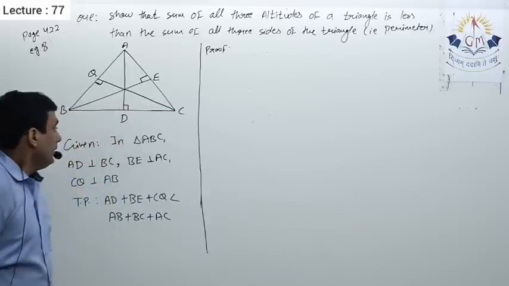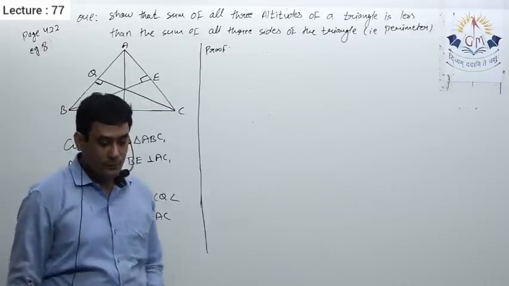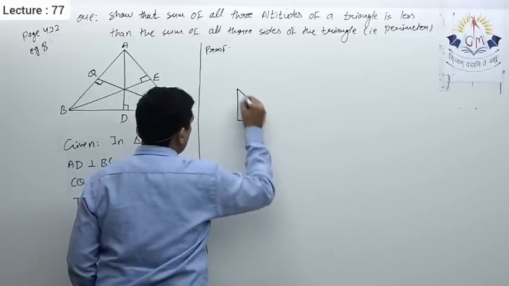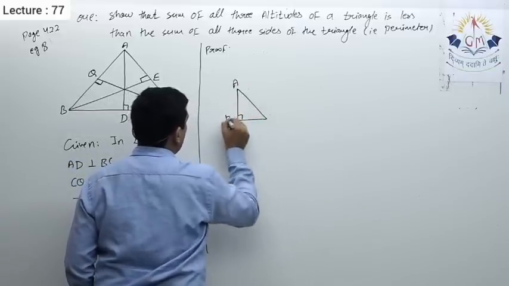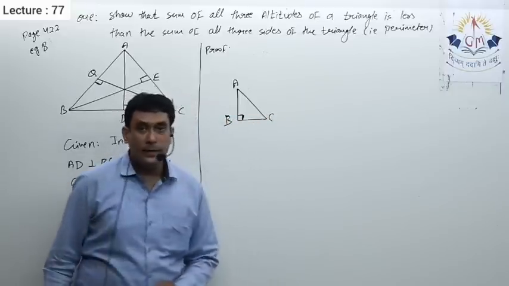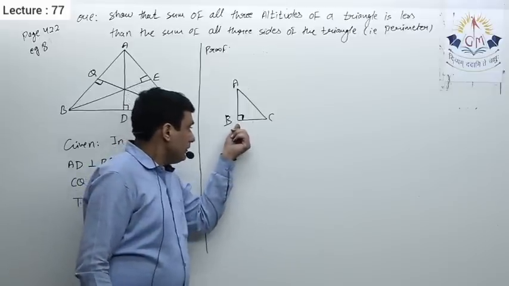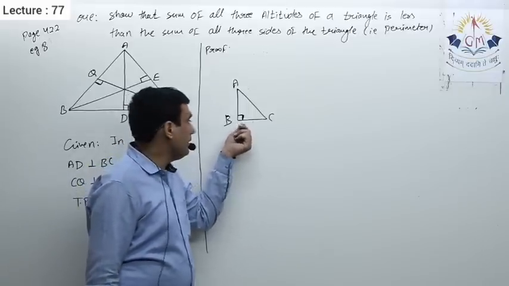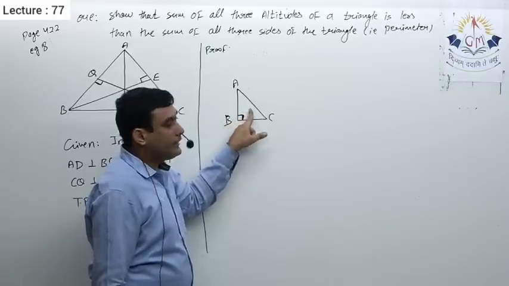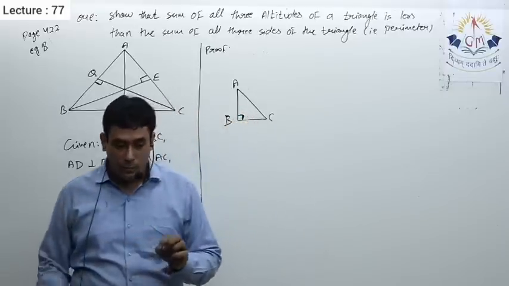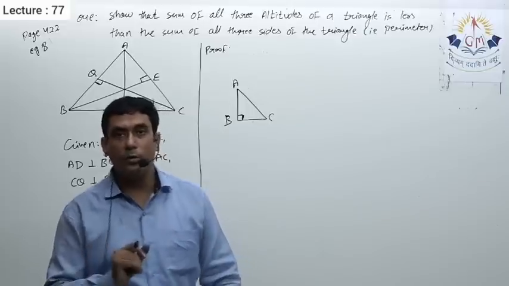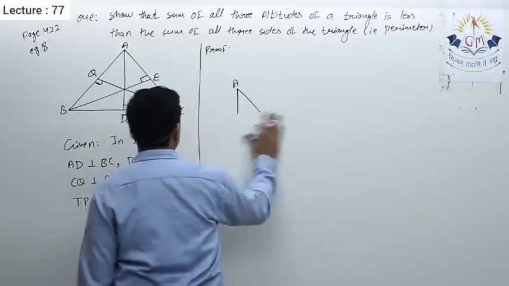Okay, now it's not that much difficult. One thing that you have to understand: suppose I take a right angle triangle ABC. Angle B is the right angle, and in a right angle triangle the right angle is the greatest angle. So the side opposite to B, that is AC, will be the greatest. Or simply we'll use the concept that in a right angle triangle, the hypotenuse is the longest side. We use this fact to prove this.